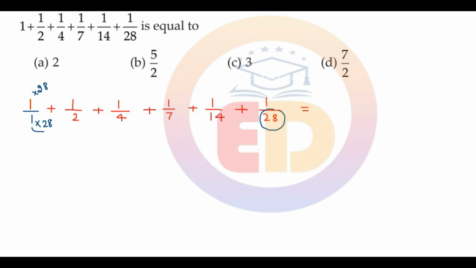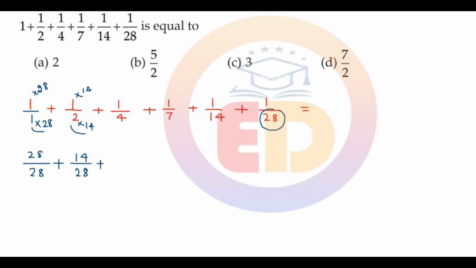तो ये 1 by 1 बन जाएगा 28 अपॉन 28 प्लस 1 by 2 में डिनोमिनेटर 2 को अगर आपको 28 में कन्वर्ट करना है तो आपको इसे यू हैव टू मल्टीप्लाई दिस बाय 14. And if you are multiplying the denominator by 14, then you have to multiply the numerator also by 14. This fraction, 1 by 2, will become 14 upon 28 plus next fraction is 1 by